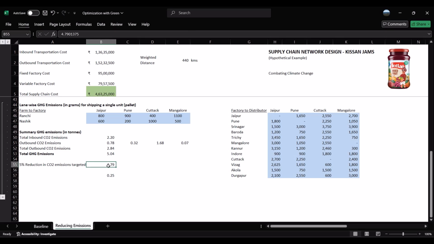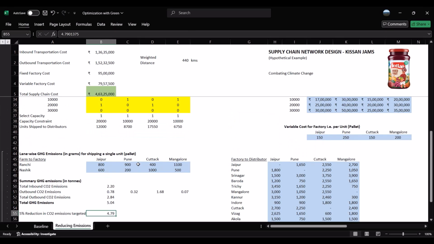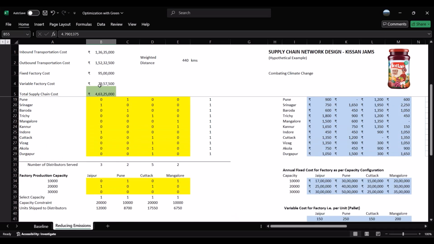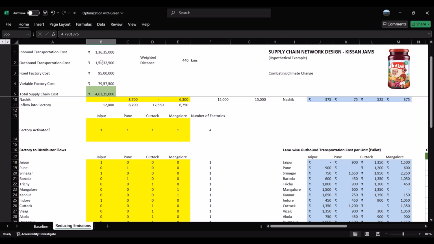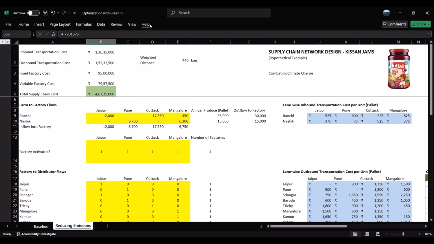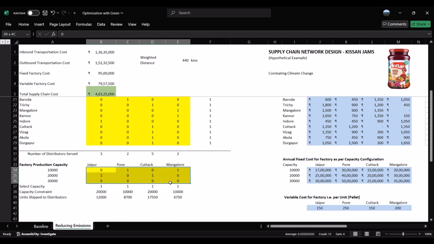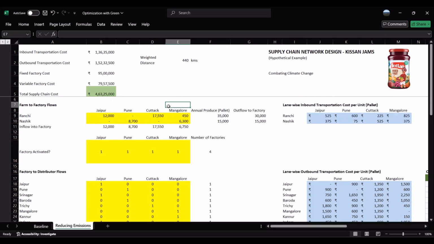So now how do we have the model accommodate this particular constraint? You can just naturally think about it, because the weighted distance will reduce, because we want the carbon dioxide emissions to reduce. But in turn, because everything is a trade-off, currently it's the most optimal solution, the best solution. So because this constraint will make the model more constrained, naturally the other costs will increase, which is the fixed and variable factory cost, if at all a feasible